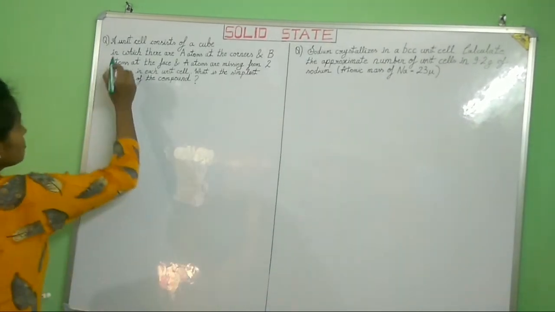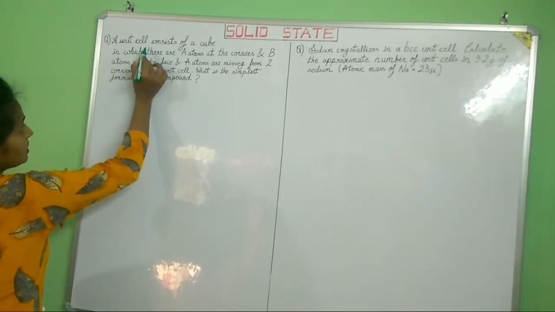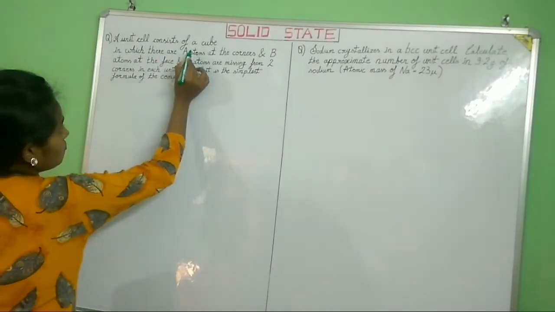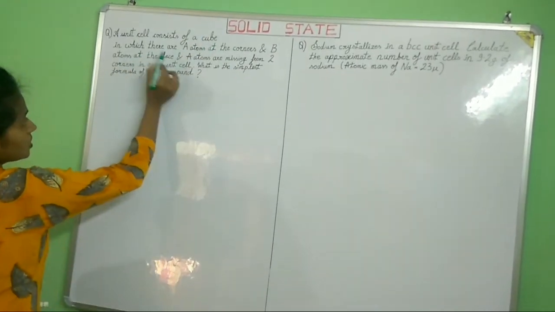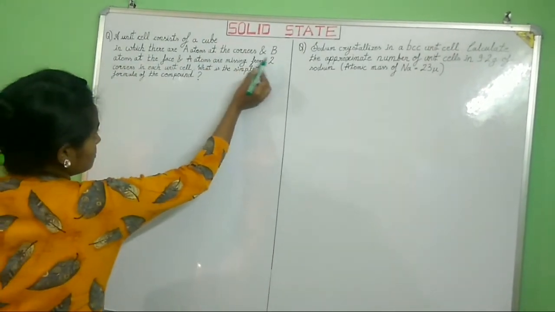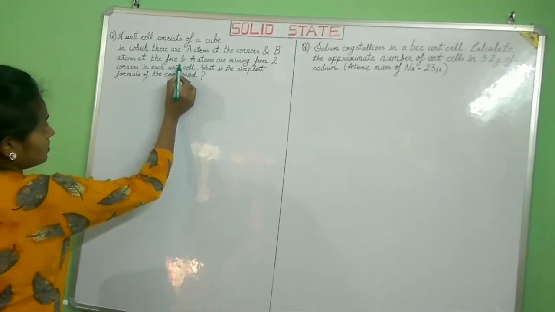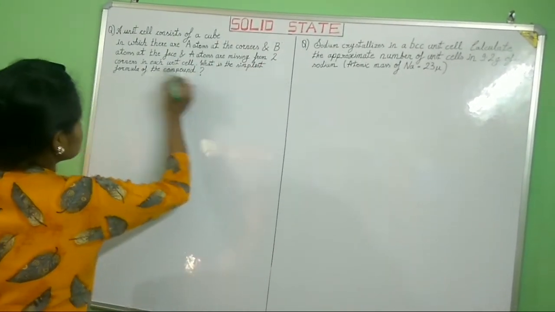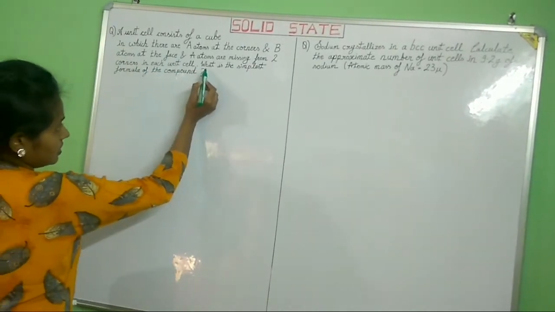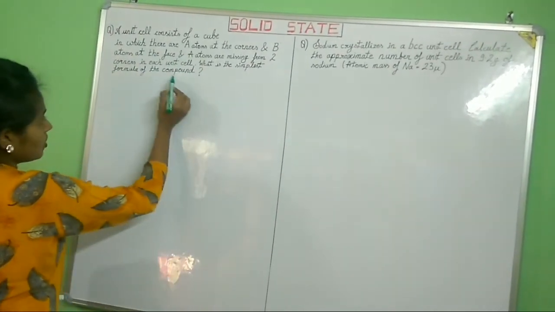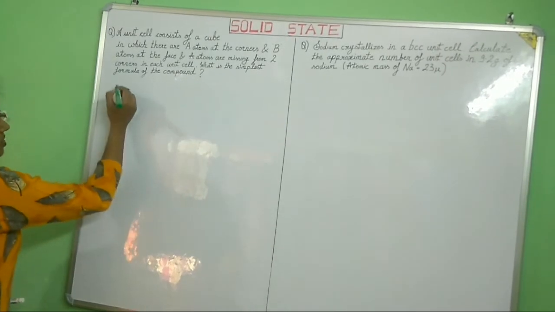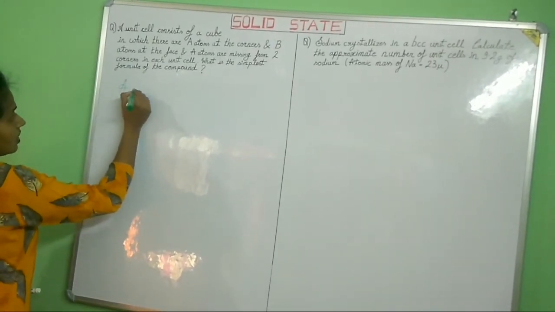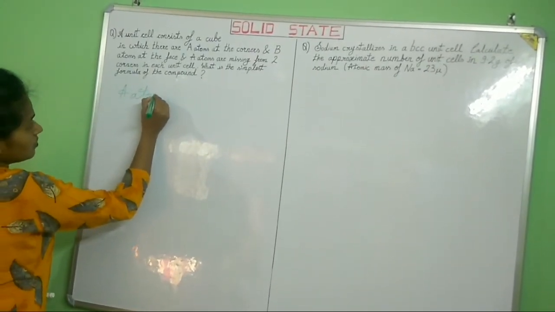Here, the first question is given: a unit cell consists of a cube in which there are A atoms at the corners and B atoms at the face, and A atoms are missing from two corners in each unit cell. What is the simplest formula of the compound? So, A atoms present,